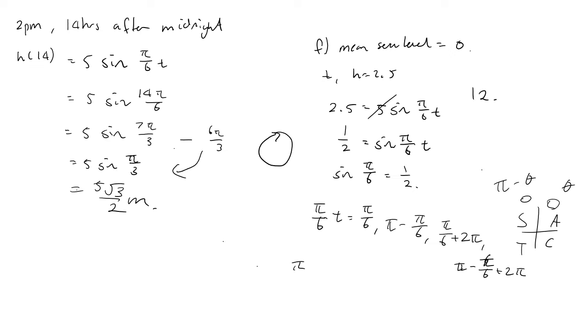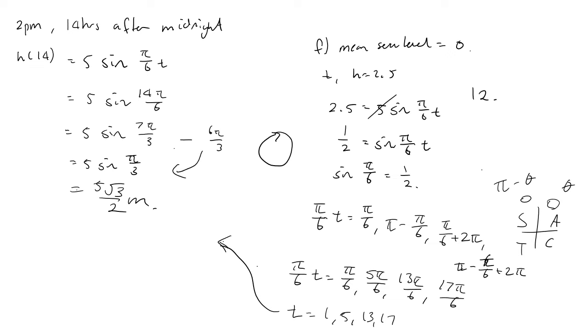So it's saying pi on 6t is equal to pi on 6, 5 pi on 6, 13 pi on 6, and 17 pi on 6, which is equal to t equals 1, 5, 13, and 17. Now, that's not our final answer,